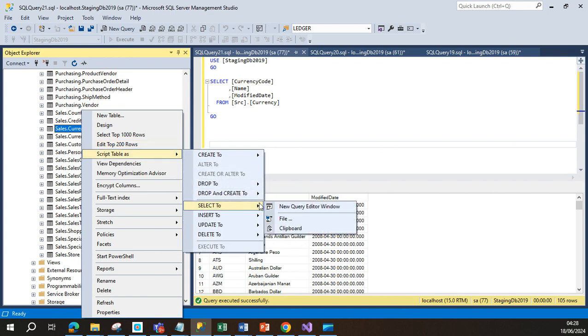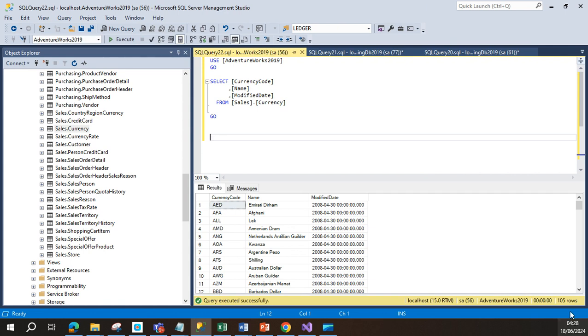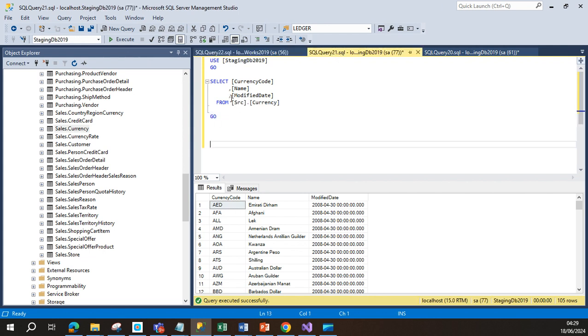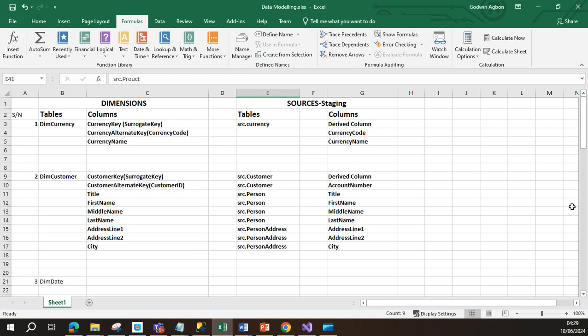We have SIS currency has successfully been moved. You can see it's 105 from SIS currency. You can see SIS currency has been moved to the destination, source.currency. So this is exactly how ETL is being done. So for the remaining ones on this data modeling, we have succeeded in moving this to